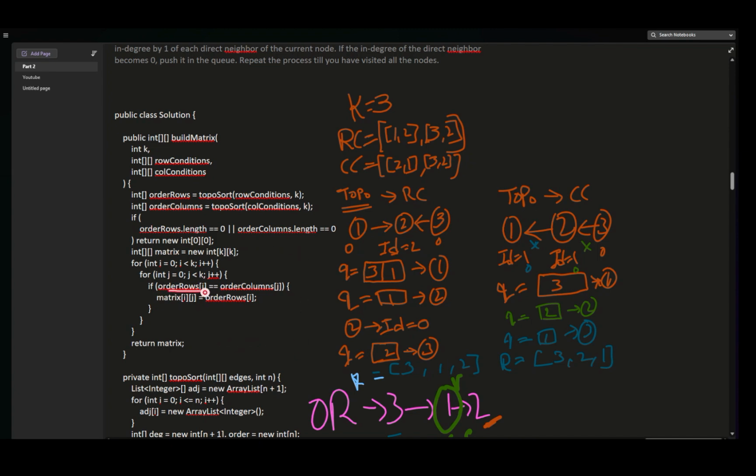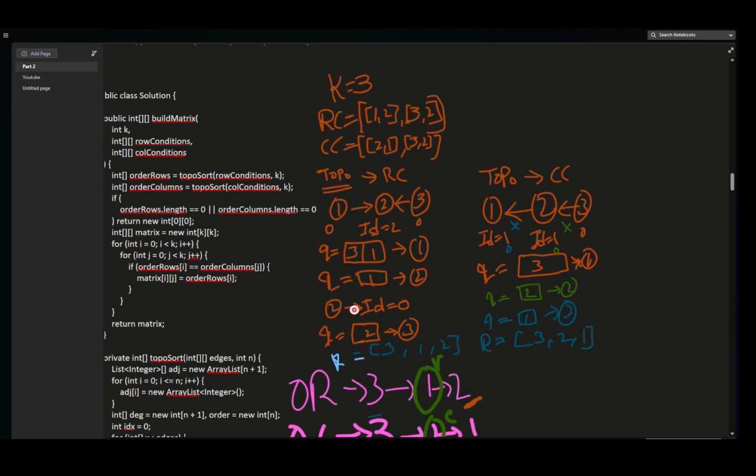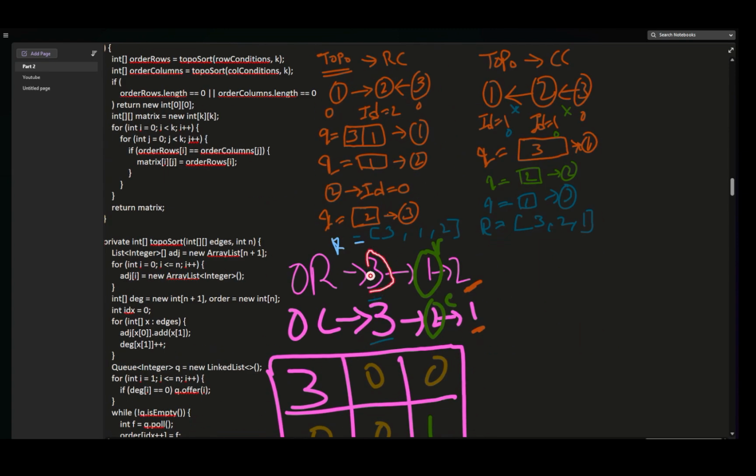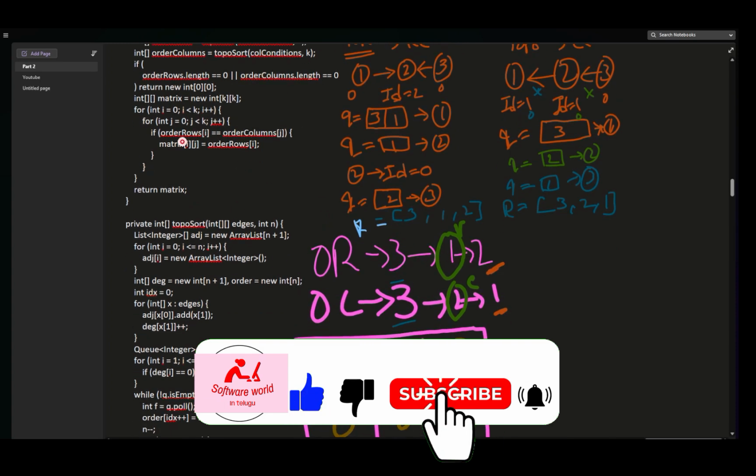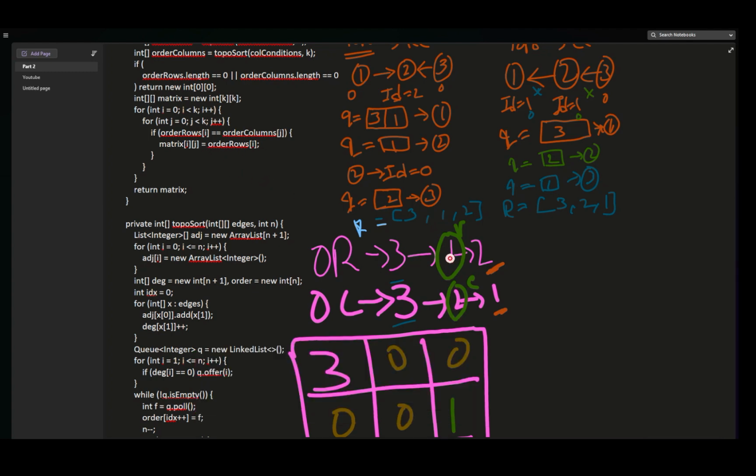Simply, we are going through the respective indices starting from row 0 and column 0. If we have the same element, we are storing that element itself, the ordered index of i, which is nothing but 3. If both have the same value, the ordered index of 0, we can simply store that index. And we are checking the other conditions also. Like this, when we complete all the elements, like here 1 1, right? If we check the ordered index of 1 and the ordered index of column index j,